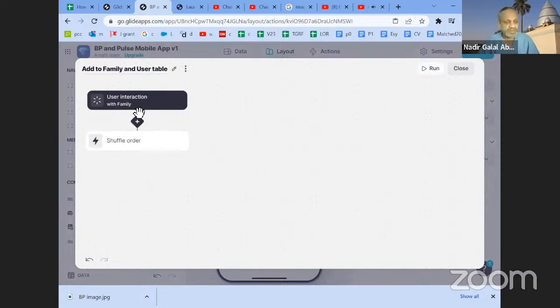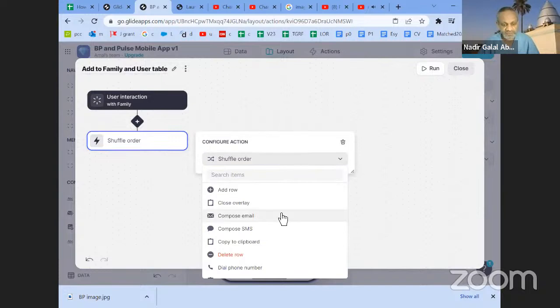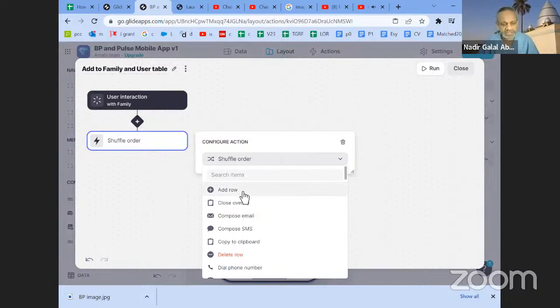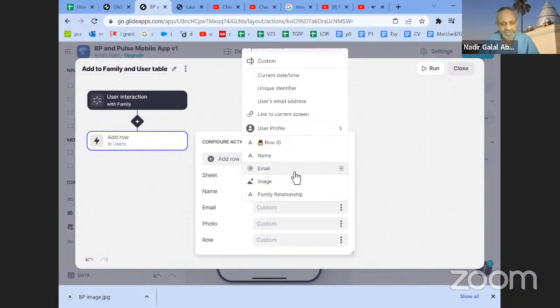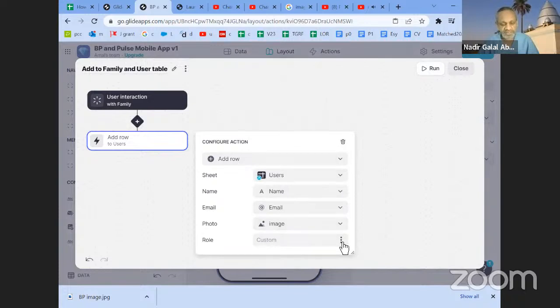You want to click on this box, and then instead of adding as a new information, you want to add it to create a new row. So add row, and then you select the table. It's going to go automatically to the family, but I want it to go to the users. So name will be name, email will be email, photo will be image, and then the role will be